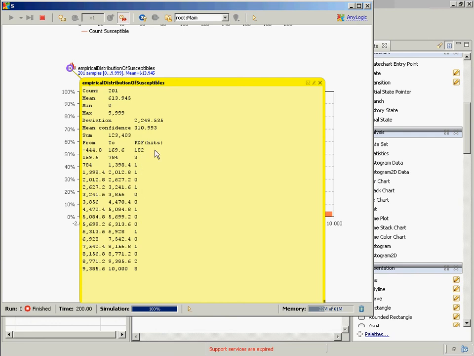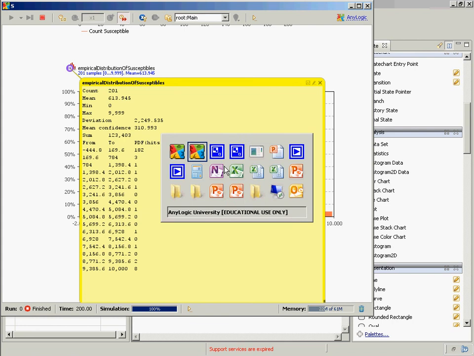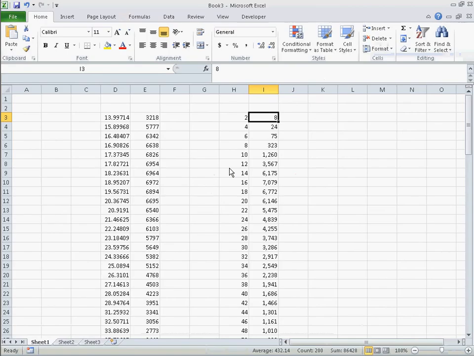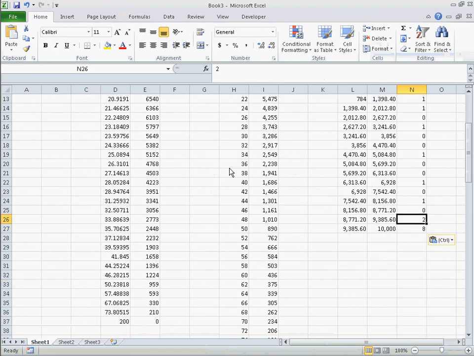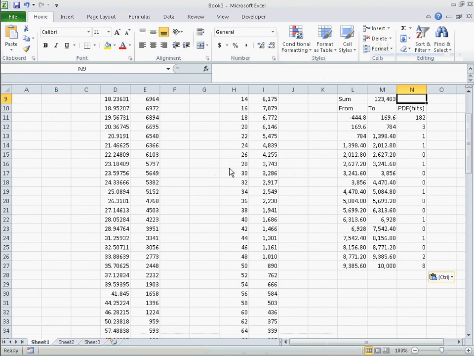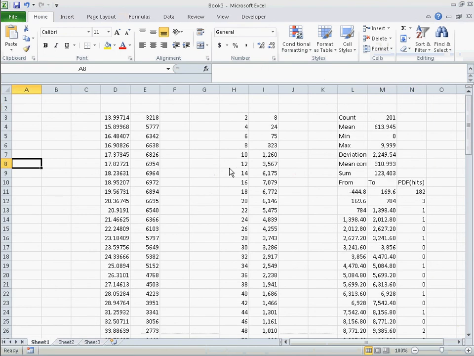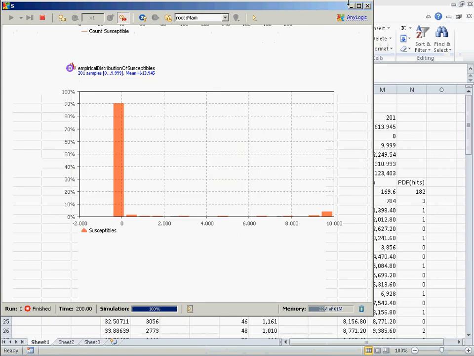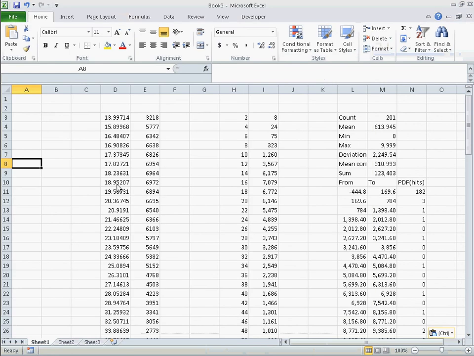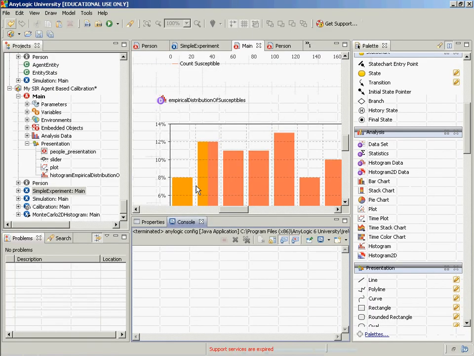Okay, so we could right-click on it, copy it, and paste it into an Excel spreadsheet, and we'll get a listing of the histogram here, how many times it fell into different value categories. So that's a quantity which is changing over time in a histogram. Any questions there? Okay, so the next thing I'd like to do, so this would be